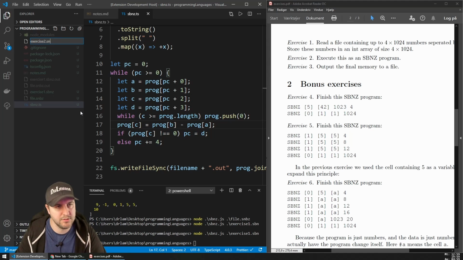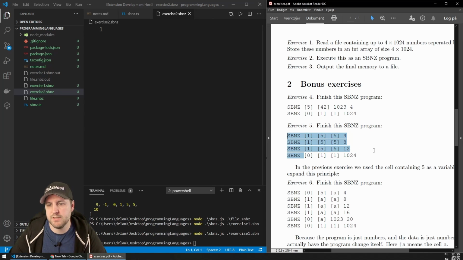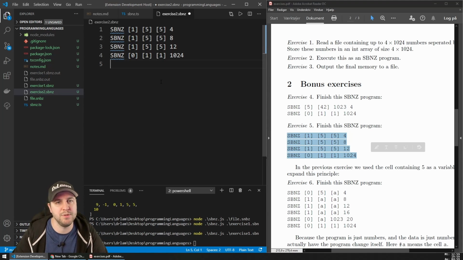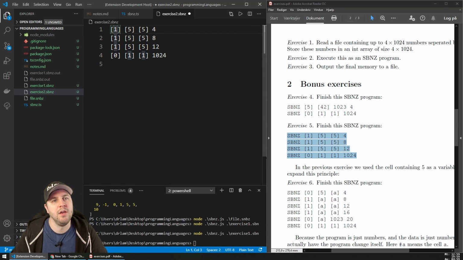Exercise 2. SBNZ. Finish this program. That's very similar to what we did last time. First of all, we know we don't need the instructions, so we can get rid of those. We also know we can't have the brackets, so let's do 0 and 1, like we did before. But in this case, they're not just 8 and 9. They're actually going to be 4, 8, 12, 16, 20. So 0 is 20,